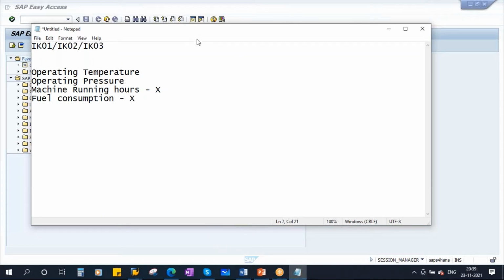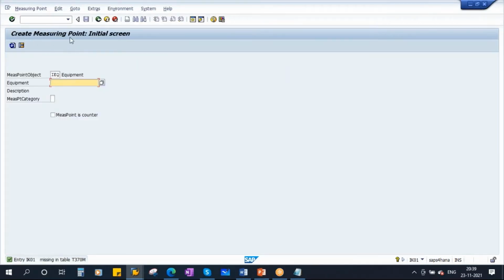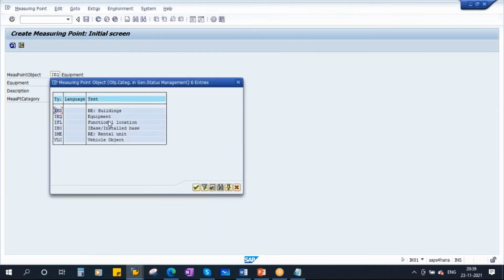Okay, so go to IK01, create measuring point. Measuring point object: equipment. We are creating the measuring point for the equipment. You can select from here whether you want to create for equipment or functional location, but normally in real time, most of the time measuring points are created for equipment.